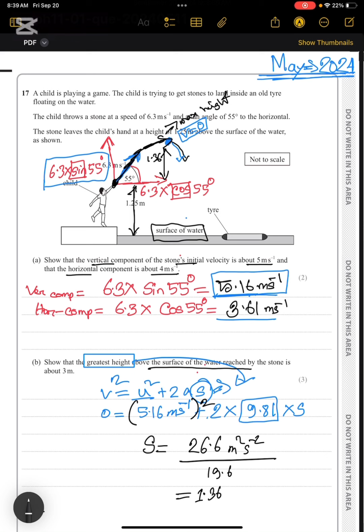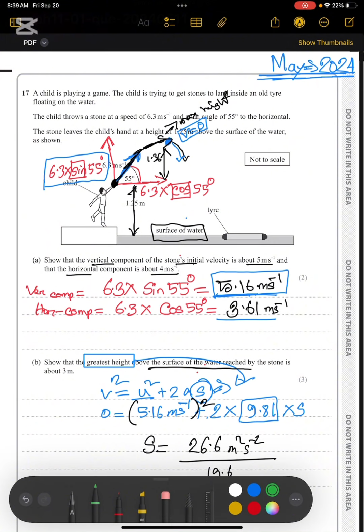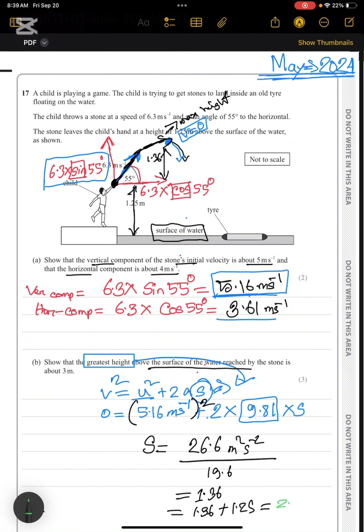This is the height from which the ball was released, or launched. But we have just found out the height of the ball after it was released from this 1.25 above the surface of the water. So we have to add this 1.25 as well. 1.36 plus 1.25 becomes 2.61 meter above the surface of the